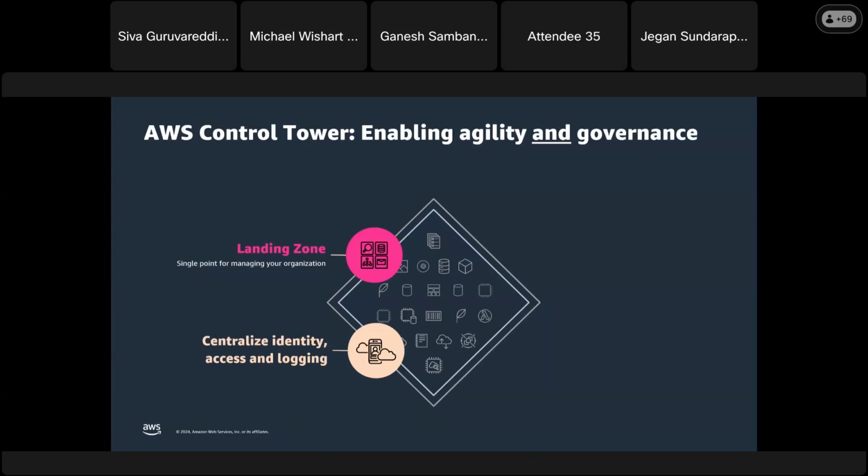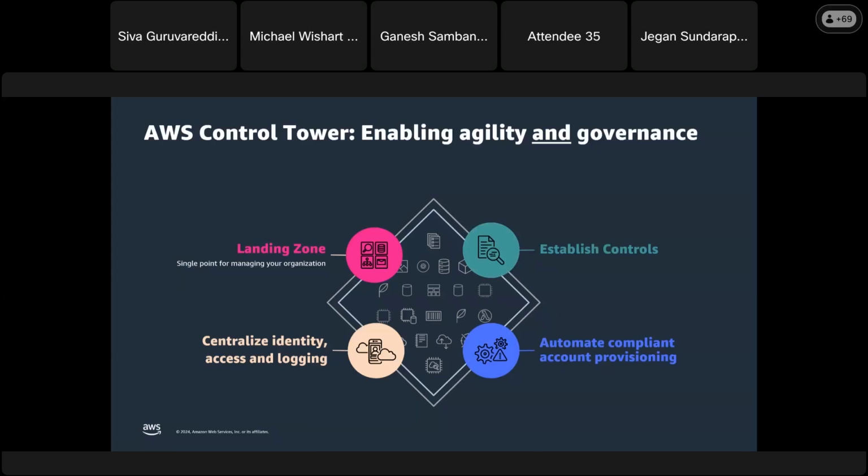In terms of enabling identity and access across the org, this can be used as a single pane of glass. It also helps you set up monitoring, which allows you to plan and respond to potential incidents. Because it is part of a well-architected framework, it helps you automate the whole thing. The next feature of Control Tower is that it automates provisioning of accounts in a compliant manner. So you can use Control Tower to provision new accounts.